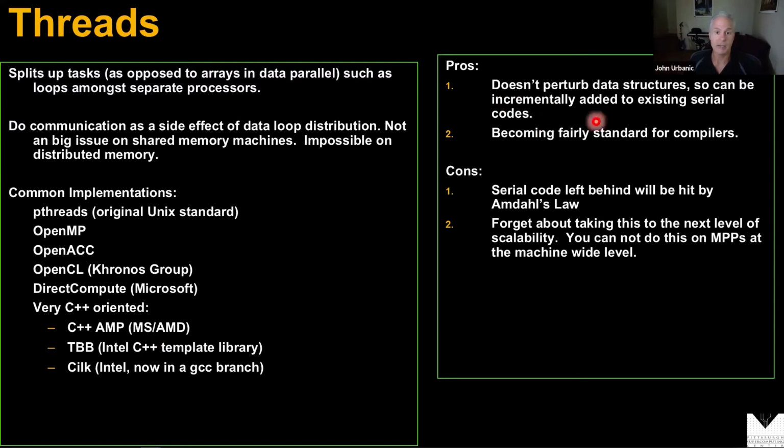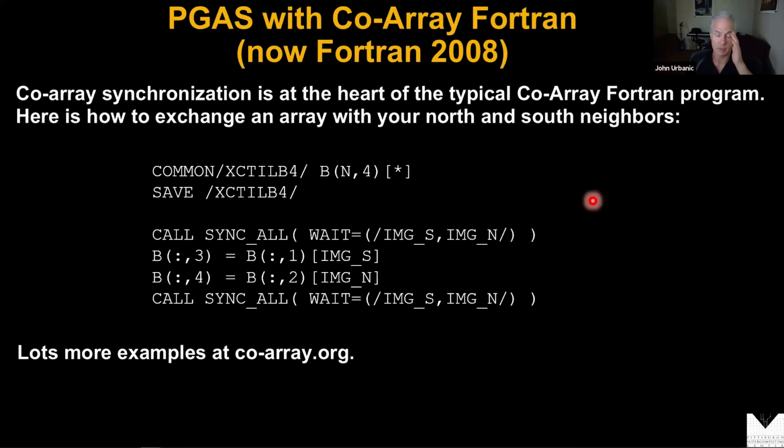So the pros are great in that it's easy to throw out your code and try it real quickly. The cons are that if you only do it loop by loop, that Amdahl's law thing will come back. So when I started talking about you speed up a loop to 60% of your code, well, now we're talking right away about Amdahl's law situations. We're willing to ignore 40% of the code. That's going to limit our scalability. We also can forget about going to multiple nodes. So that's a limitation of threaded approaches.